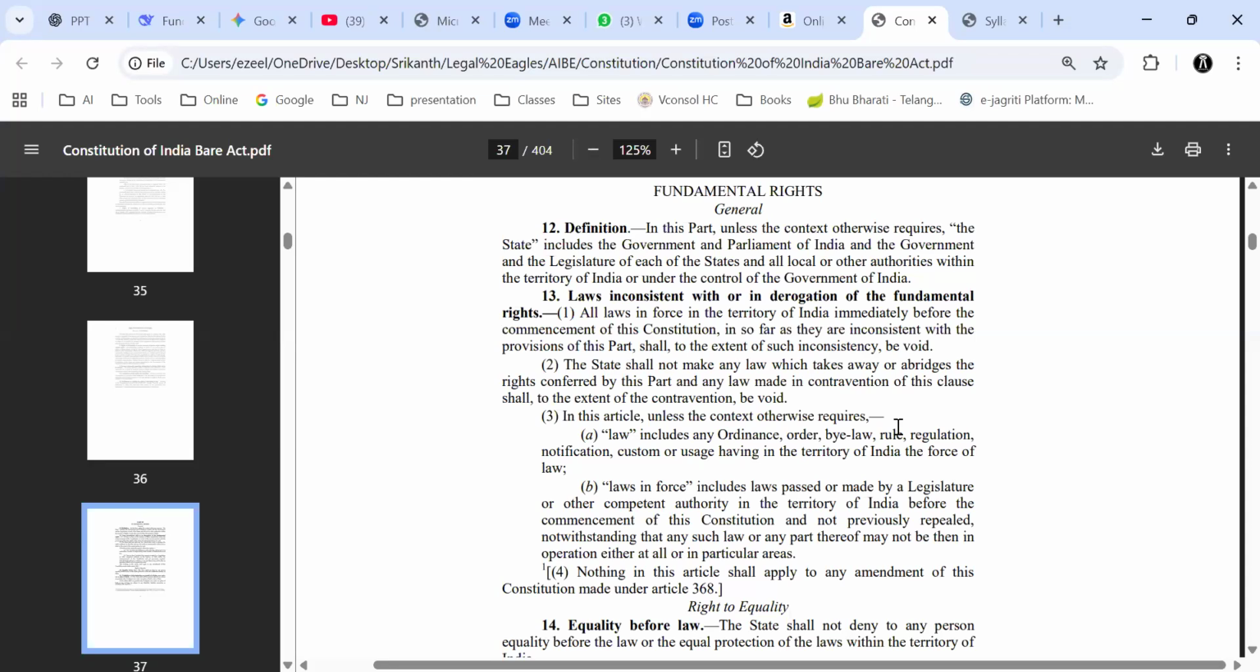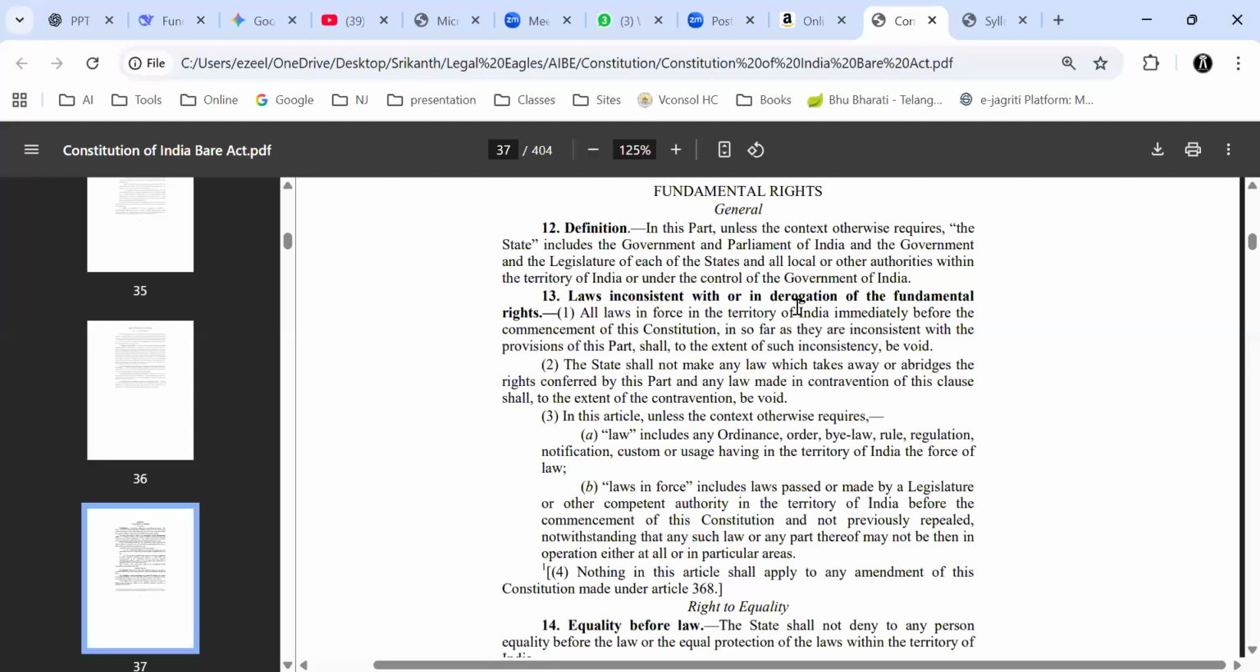So the definition of the state is only for the fundamental rights. Here, government includes state government, legislature, and executive, state and union, and all local authorities, that is municipalities, panchayats, within the territory of India and under the control of the government of India. Here, I'll explain in the slide again. I'll go to the slide. I just want to show the definition here. This definition is only for